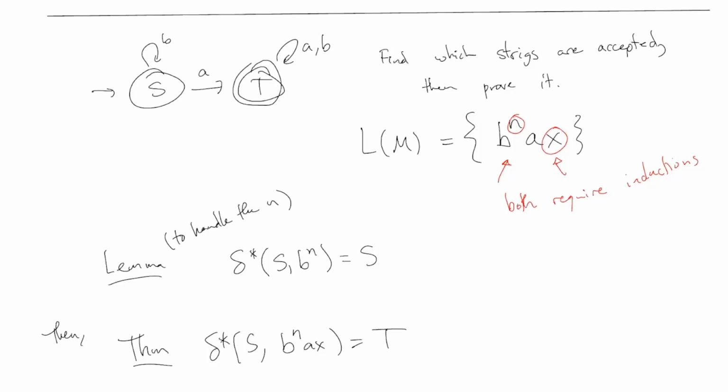How's it going? Refreshing your memory. Yeah, when n is 0, it's just this S, the empty string. Yeah, start here and do nothing. Yeah. Yep. So I would write something out and say, delta star of S comma b to the 0 is the same as S comma